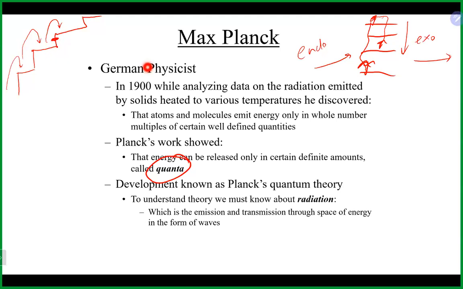To understand Planck's idea, we have to talk about radiation. And really, this is how energy is transformed or moves through space. Energy moves through space in the form of waves. So waves come off as electrons transition. If we have an electron in a higher energy level, as it comes down, that amount of energy it had to lose has to be given off by the atom in the form of a wave of light,